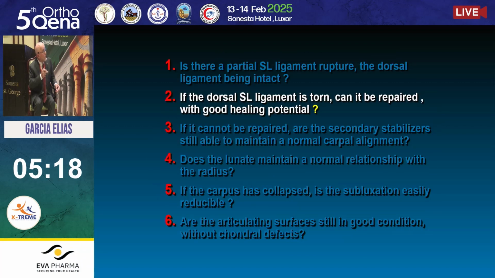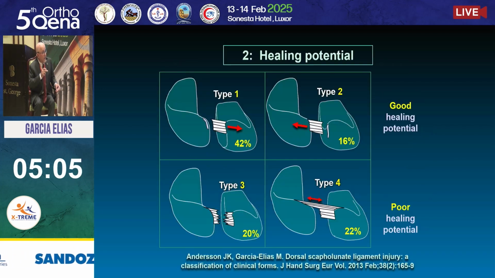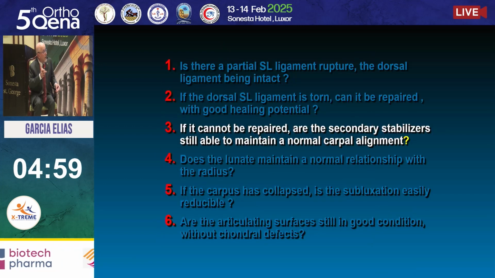Is the dorsal scapholunate ligament torn? Can it be repaired with good healing potential? That's another thing that to me is important, with good healing potential. And then we have the 4 types that were described by John Anderson. And then, if it cannot be repaired, but the secondary stabilizers are still able to maintain normal carpal alignment,